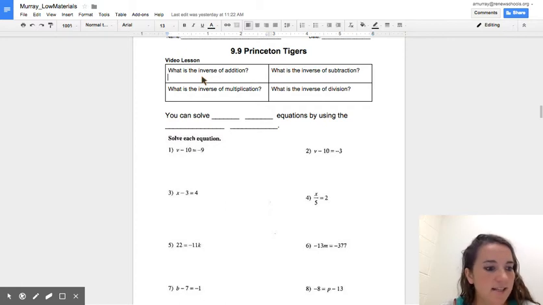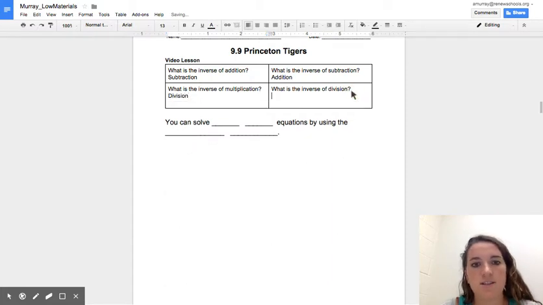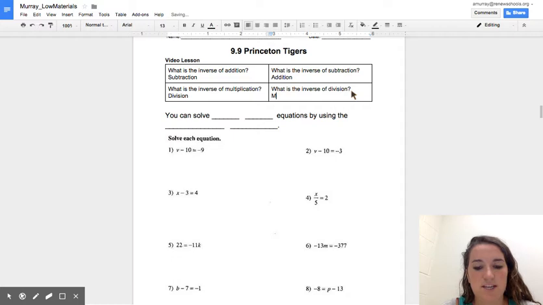So what is the inverse of addition? The inverse of addition is subtraction. What is the inverse of subtraction? The inverse of subtraction is addition. What is the inverse of multiplication? Division. What is the inverse of division? How can we undo division? Multiplication. Okay, so for our guided notes, you can solve one-step equations by using